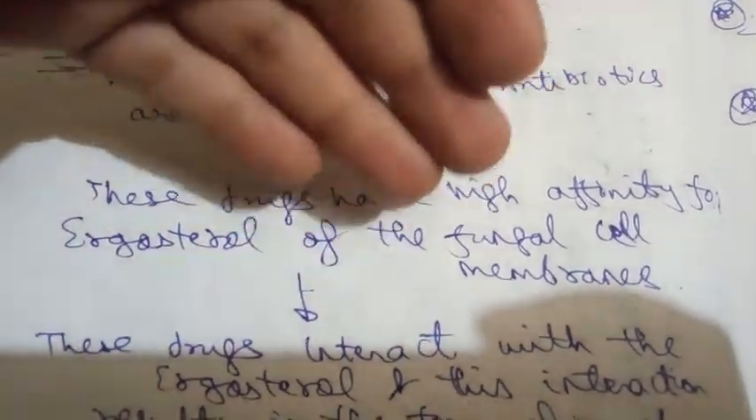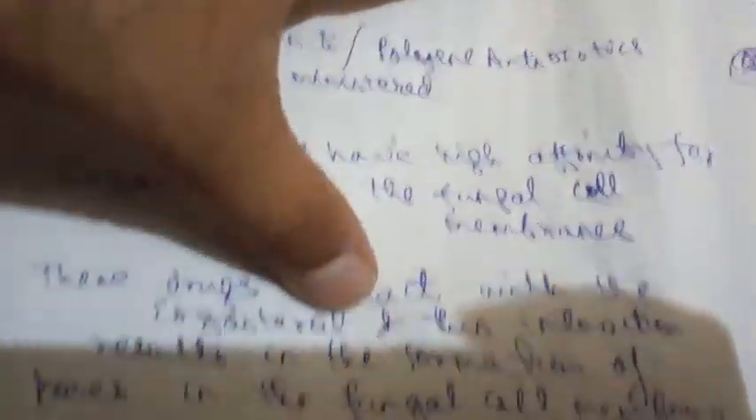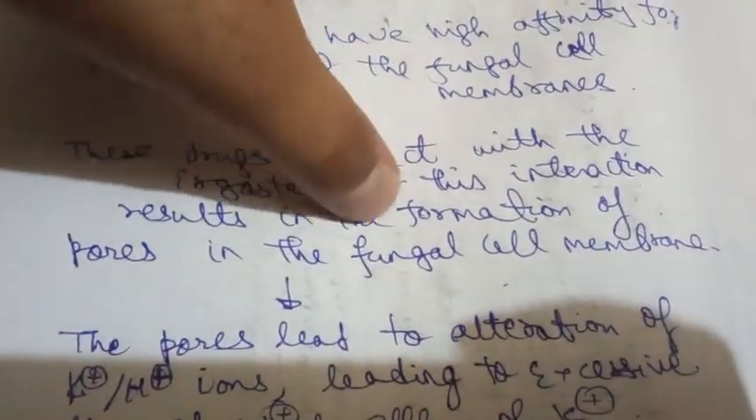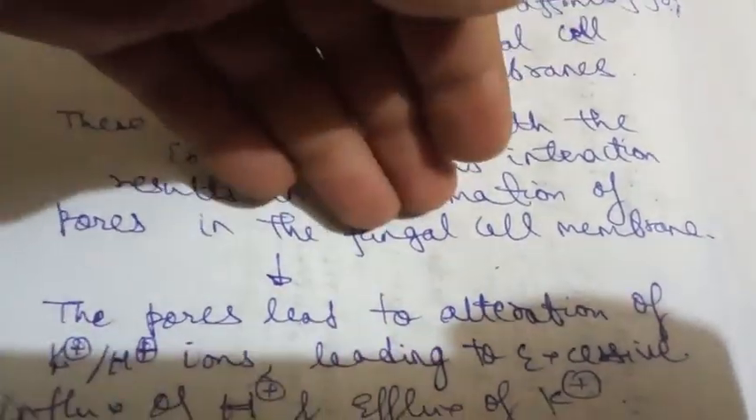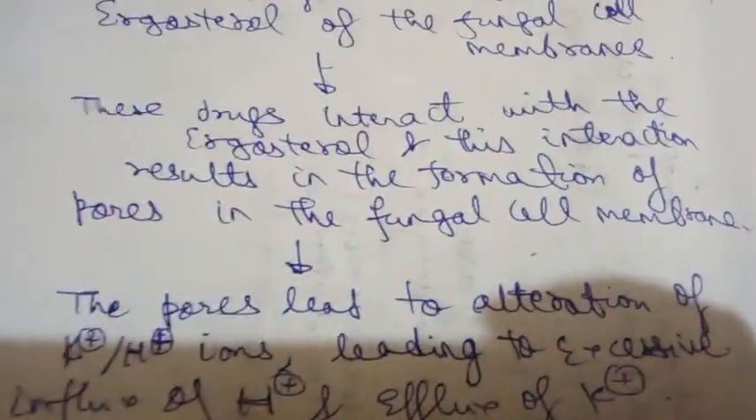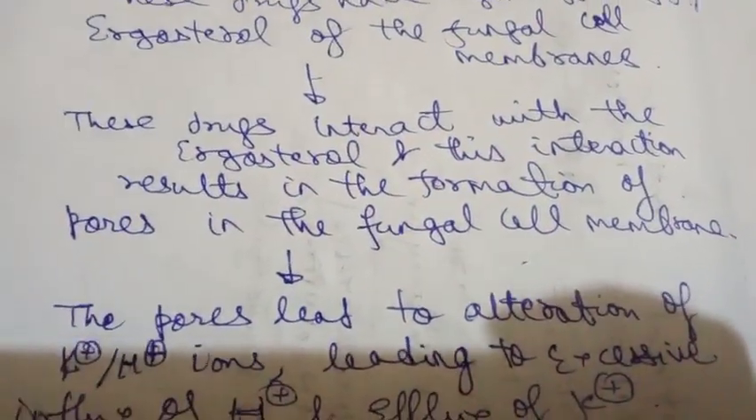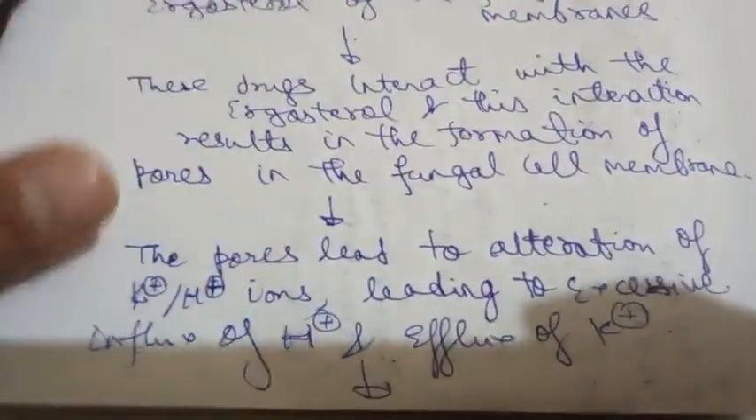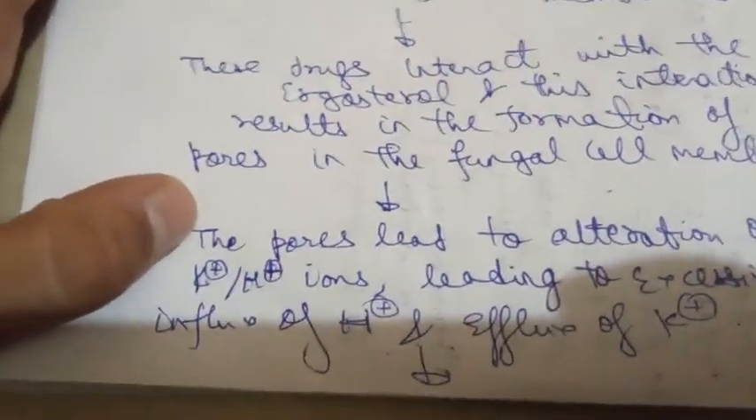These drugs will reach the site of fungal infection and interact with ergosterol, and this interaction will lead to the formation of pores or spaces in the fungal cell membrane, that is, it will disrupt or damage the fungal cell membrane. These pores will cause two types of damage. The first effect is